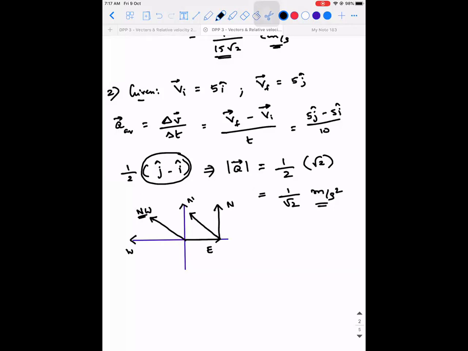If there are two vectors of equal magnitude, then the resultant of that will be exactly an angular bisector. If you observe, the velocity along east is also 5 meter per second, and along north is also 5 meter per second. So the magnitude of velocity is constant. Hence, it makes an angle of exactly 45 degrees with respect to both the vectors.